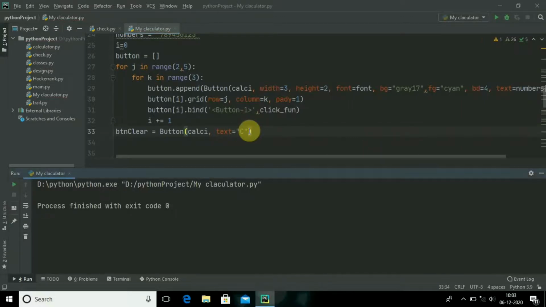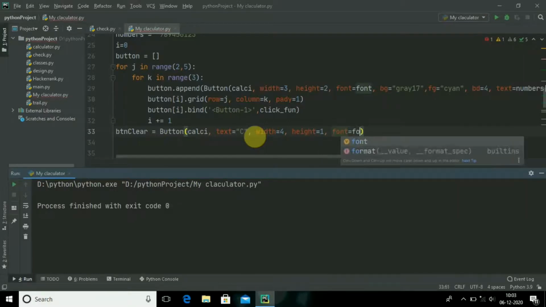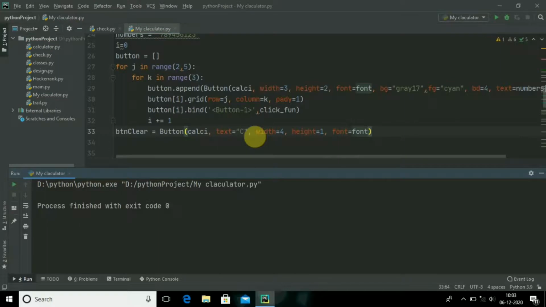The text represents whatever we type on it will appear on that button. The next thing we know is width. I will give 4, and height will be 1, and the font will remain the font as earlier mentioned, and the border width will be given 4. That's it.